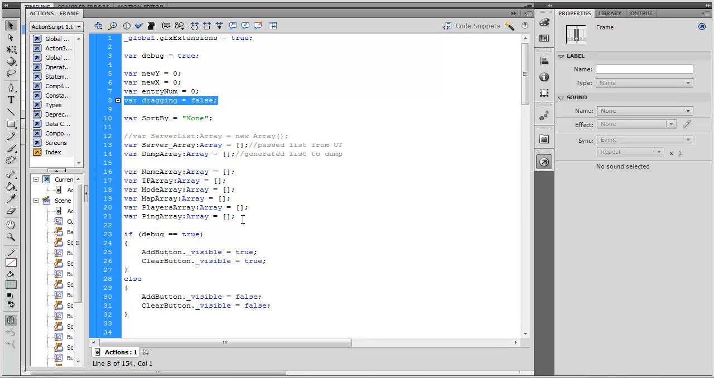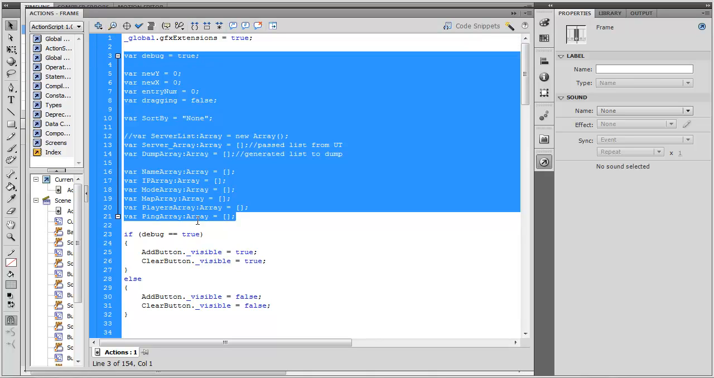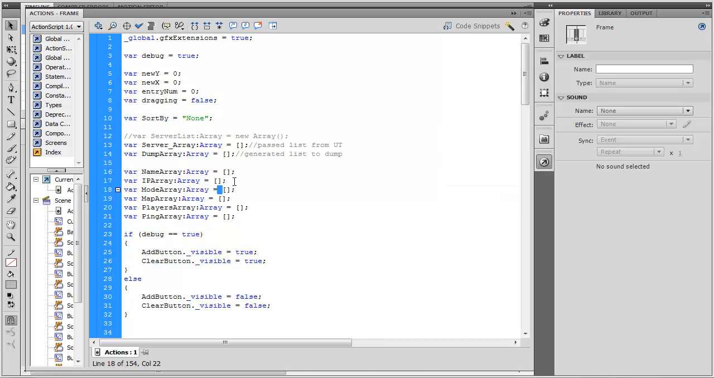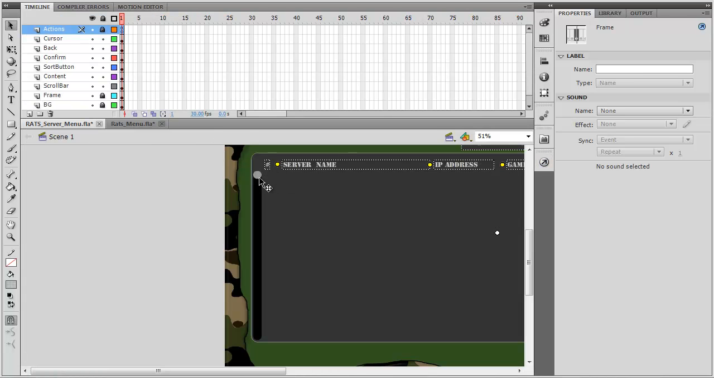This is where you want to declare all your variables, on that main timeline, and then you can access these from anywhere in your code. It doesn't matter how deep into a movie clip chain they are or anything like that, you can always access that. Okay, so going back in here,